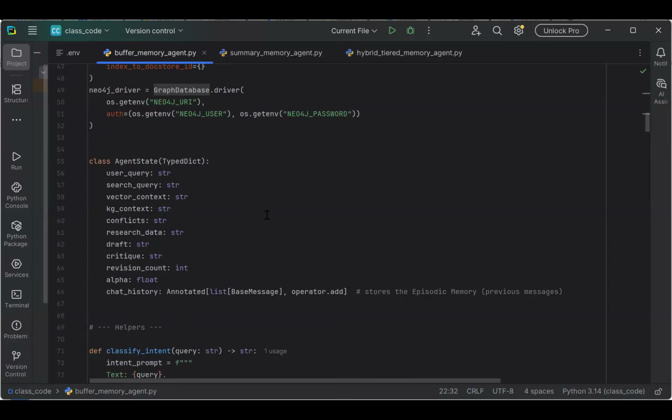The addition we have in the state from what we had last week is this chat history. This chat history forms our buffer memory. It essentially is a list of all the messages in the history of the conversation as the agent executes. And we are annotating it with the add operator such that